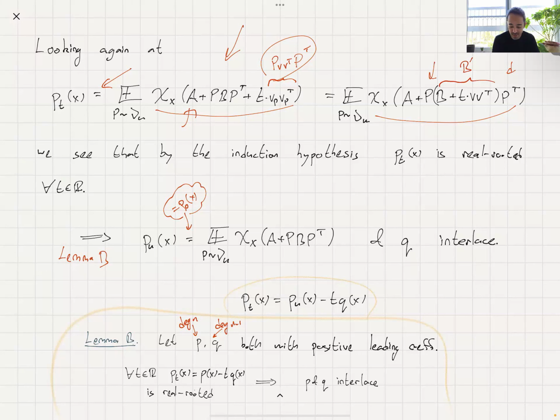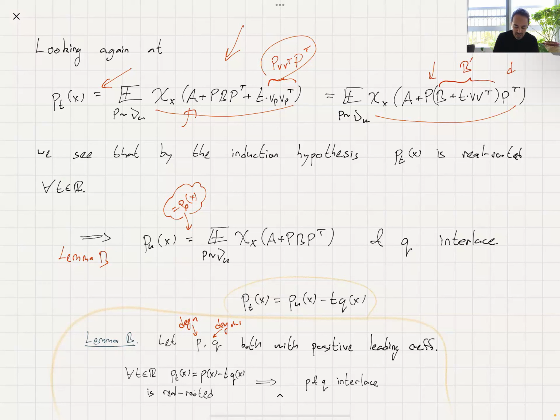Good. And it's actually real-rooted for every T, because the choice of T in R will just change the matrix B prime, but whatever choice you make, this is a symmetric matrix. So it falls under the assumption that we have, and we know that it's real-rooted. And so this means, by lemma B,